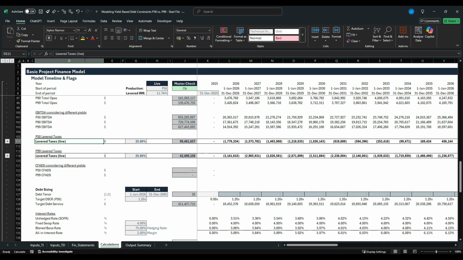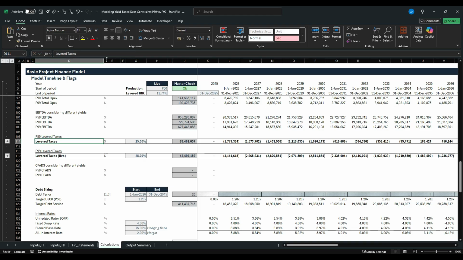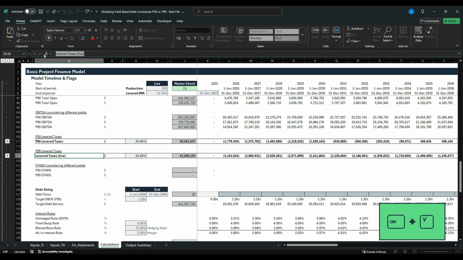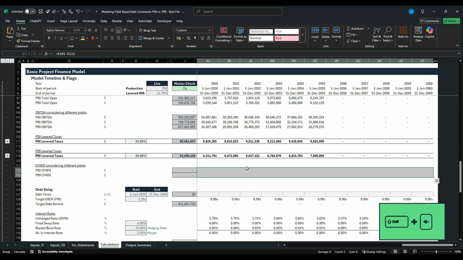Now actually this labeling here is misleading. It's not the live case, so let's change this. So this should be the same label as right here. Copy this label, paste it here. Same goes for this one. Copy this whole formula and paste it here. Great. Now we can drag this formula over, Control R,